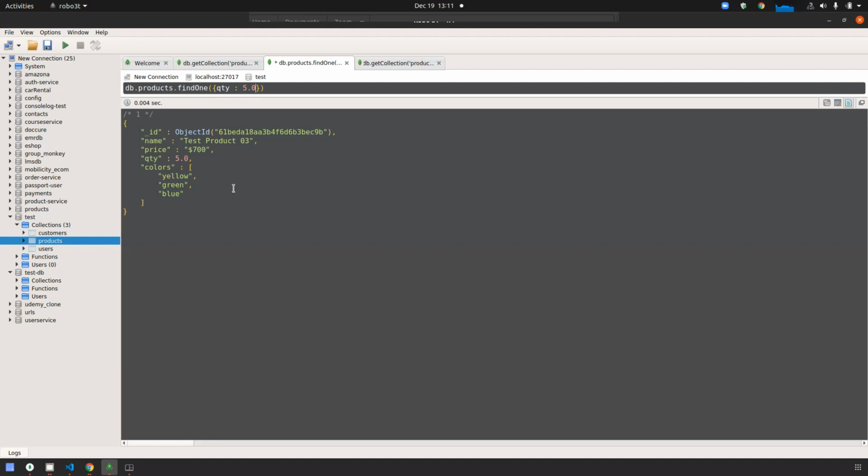But let's say products 3, 4, and 5 have 5 quantity. What will be the output? Product 3 comes first, so it will display product 3, because we are running findOne.